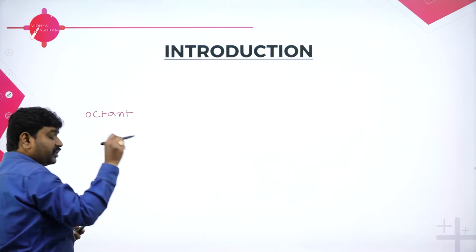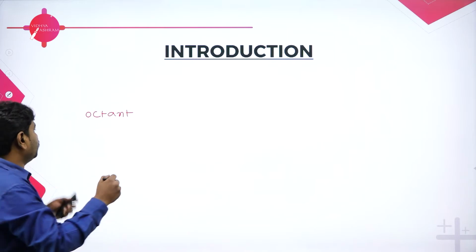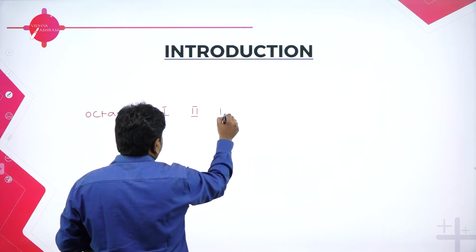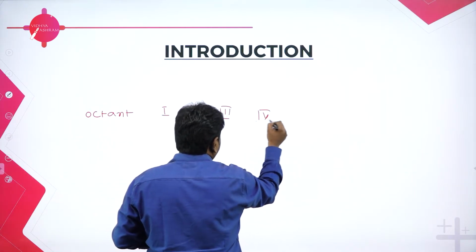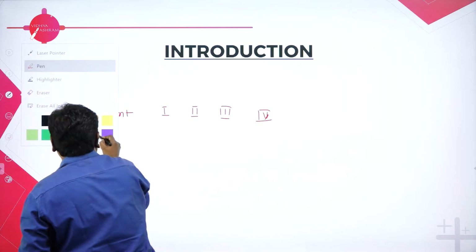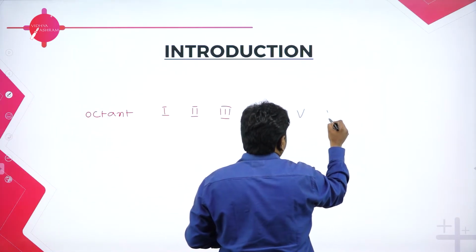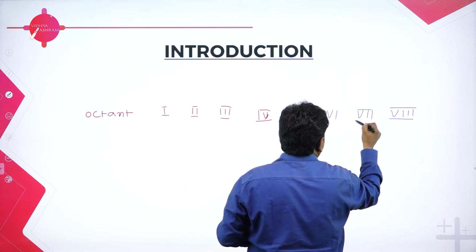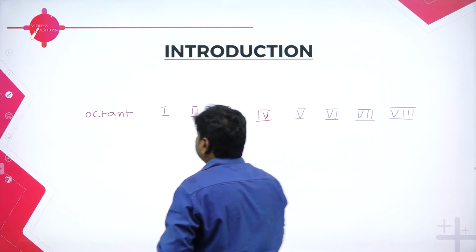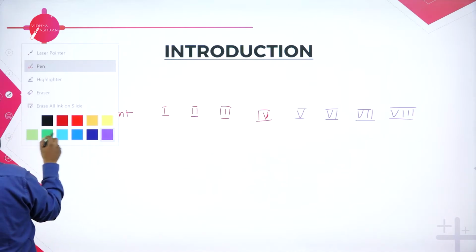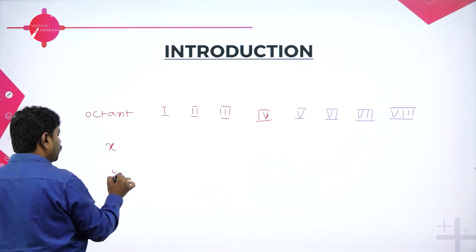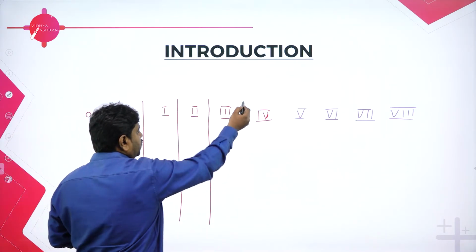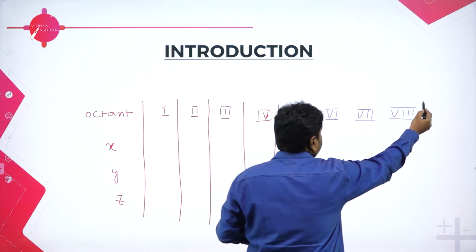I'm repeating, if you can generate this table, you can select the point, and it's easy. Octant: first octant, second octant, third octant, fourth octant. In a quadrant system only 4 are there, but in octants it continues: 5th octant, 6th octant, 7th octant, 8th octant. How many octants will we have? 8 octants. Any point in 3D is represented using X coordinate, Y coordinate and Z coordinate. So now let me generate the table of octants.